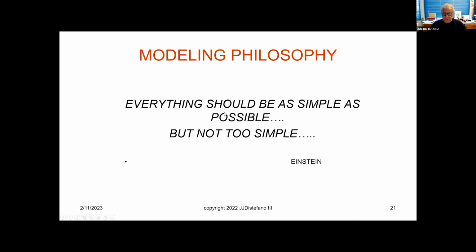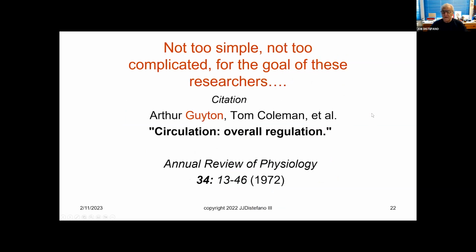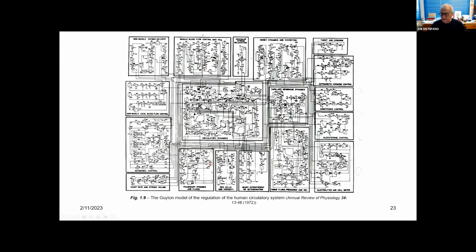And of course, here in terms of simplification, I quote that supposedly attributed to Einstein, that everything should be as simple as possible, but not too much so. And I demonstrate this with the Arthur Guyton and Coleman model in Annual Review of Physiology, which takes 4 pages, fold out, and this is a kind of famous model now that they published in 1972. But this is all very one-to-one with the subsystem models in regulation of the human circulation system. It's certainly the most complicated one that I've ever experienced, but it's not that complicated, is it, relative to what the system is?